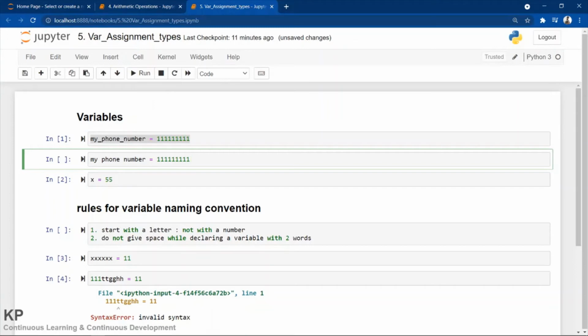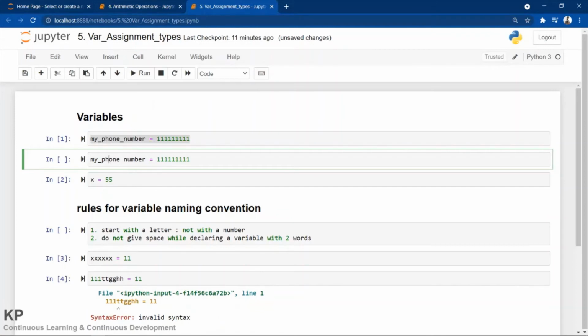But here in Python we have some restrictions. We have to use it as a single word, or in between you can use an underscore or maybe any number, but don't give space.